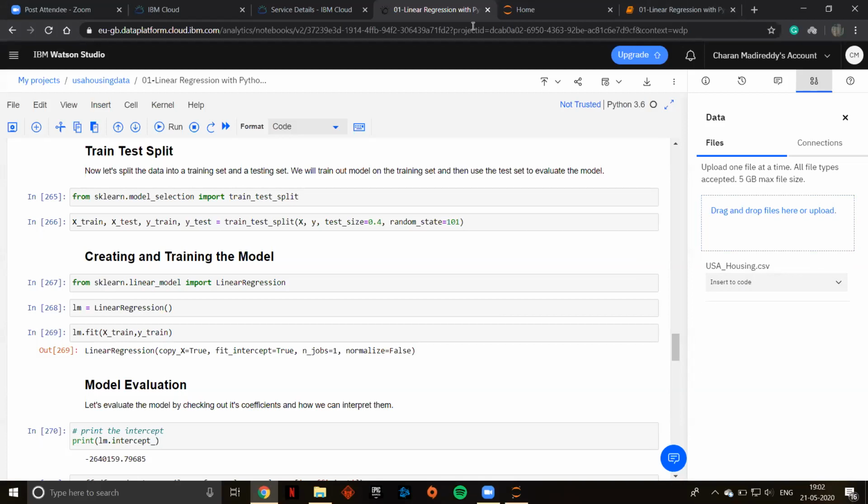So everybody can see this. Now we are going to insert to code as what? Pandas data frame or credentials? What do you think we have to insert it as? Yeah, the CSV file will be converted into a data frame, right? So I'm going to insert it as data frame.